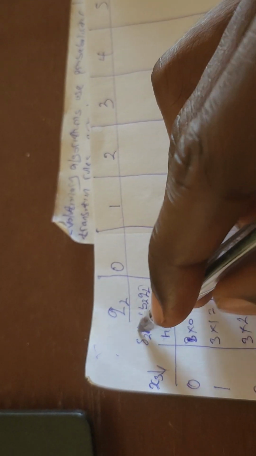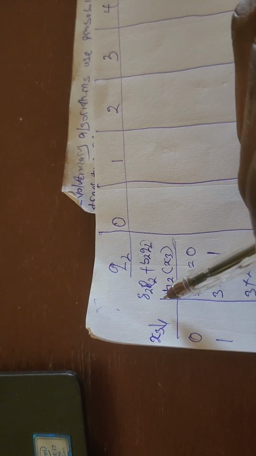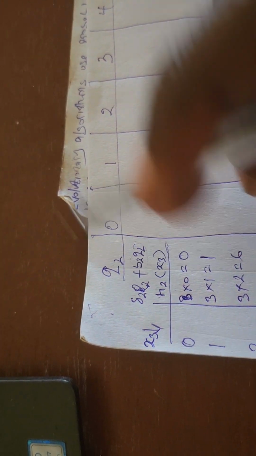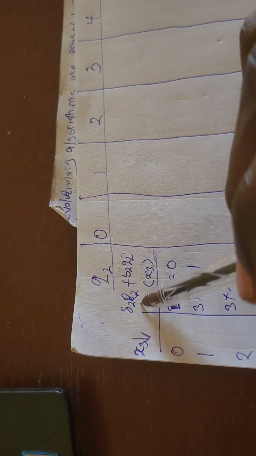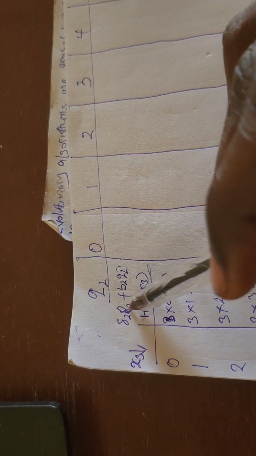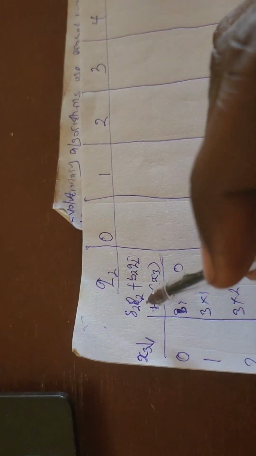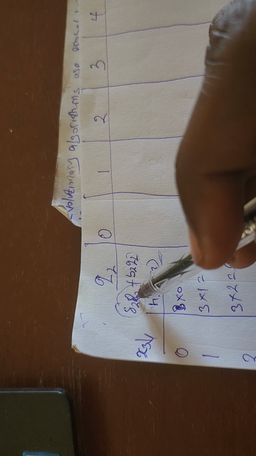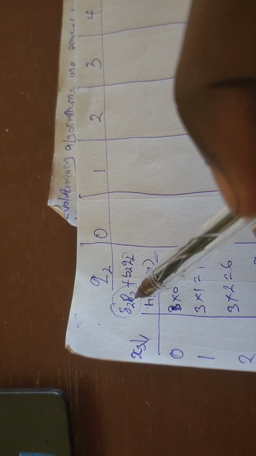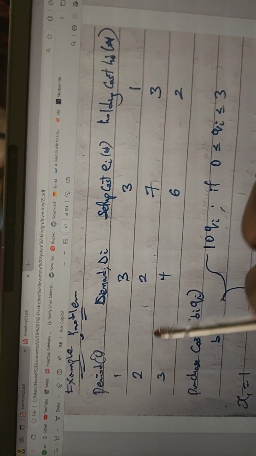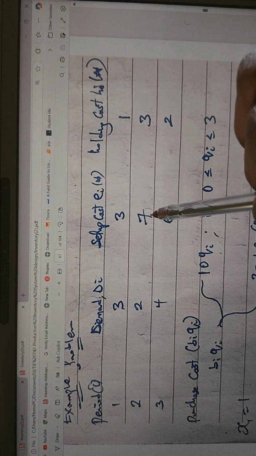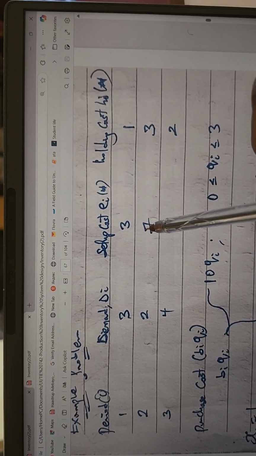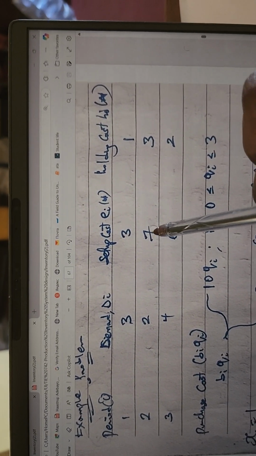In calculating our purchase cost and our setup cost, we know fully well from the foundational principle that our purchase cost can either be 0 or 3, because in the question, for period 2 we're given our setup cost to be 7. Our setup cost can either be 0 or 7. It can be 0